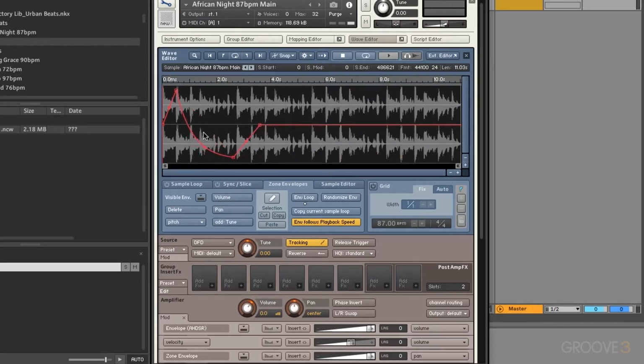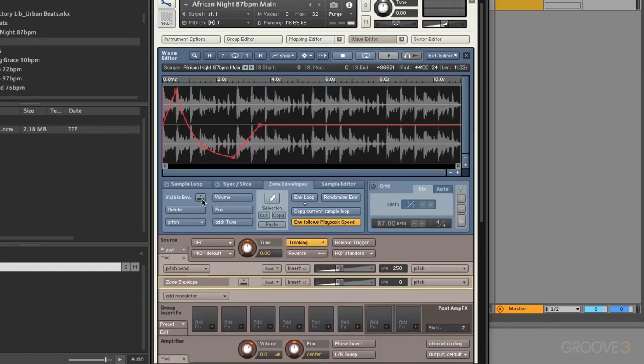We'll adjust that envelope. We also want to go down to the visible envelope and then turn our intensity all the way up so we have a more intense pitch modulation. So now whenever I press and hold a key on my keyboard, it sounds like this. So you can see that we can get some really interesting textures and sounds by automating the various parameters inside